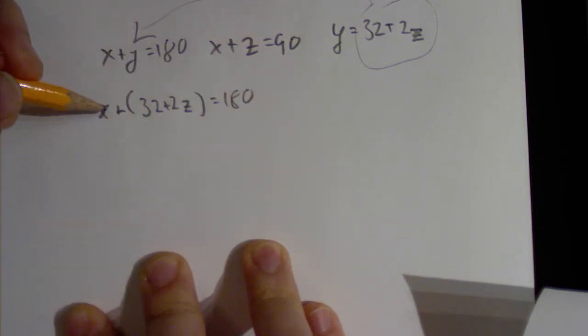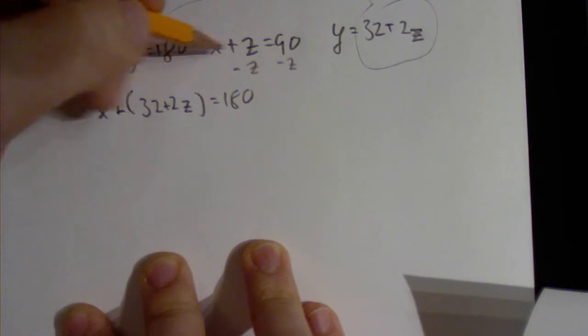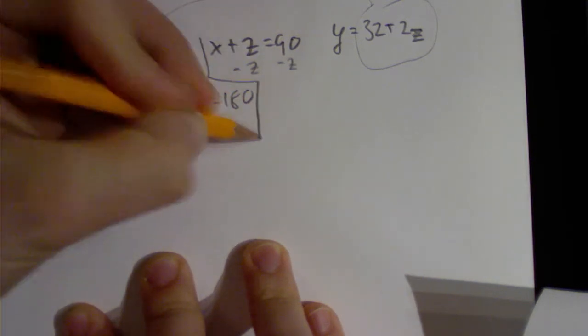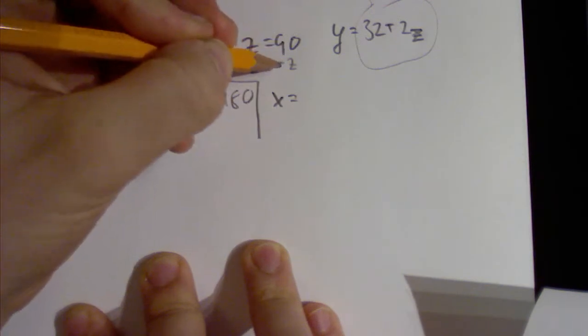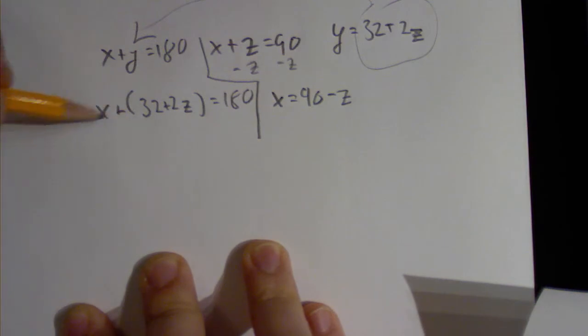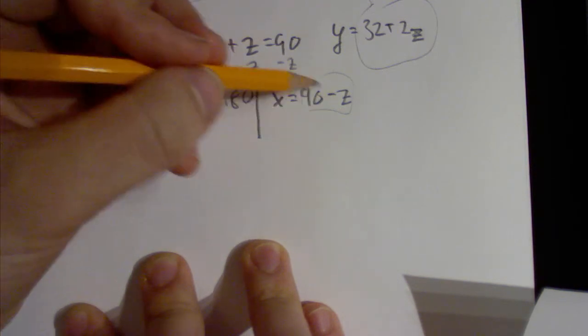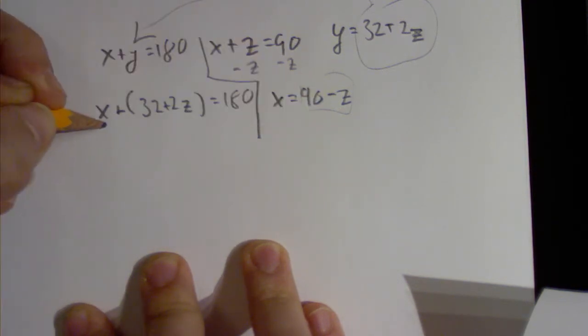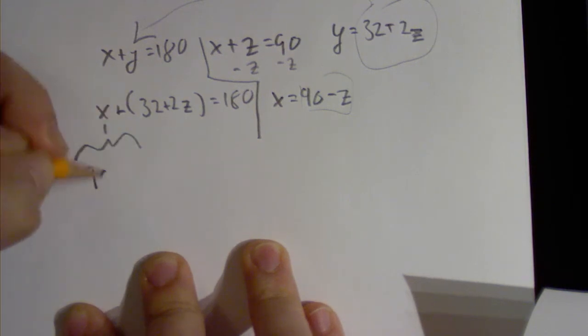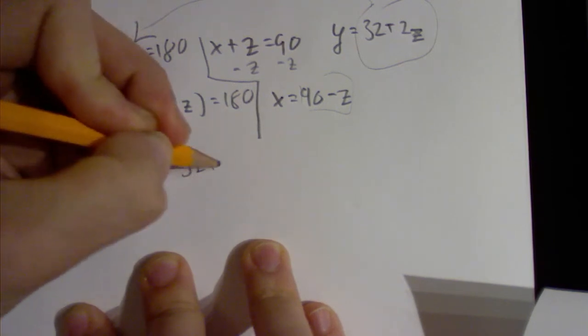I can try to get x all by itself or get the z onto one side here, because the x is already by itself. Actually, in this one, it's going to be a lot easier. So I'll take away the z from both sides, and so that'll make x go by itself. 90 minus z, they're not like terms, so it's just going to look like 90 minus z. I can now replace the x here with what it's equal to to get only one variable in this equation. So x becomes 90 minus z plus 32 plus 2z